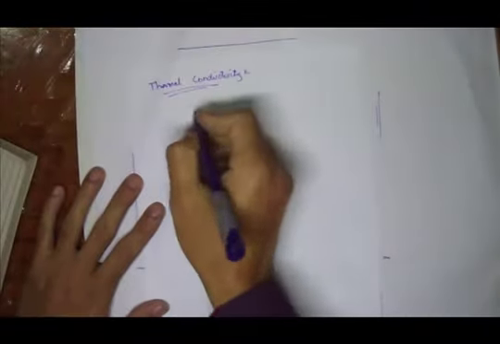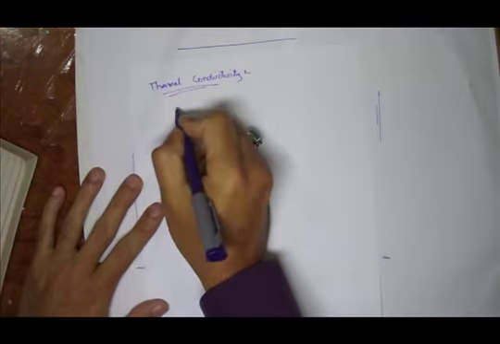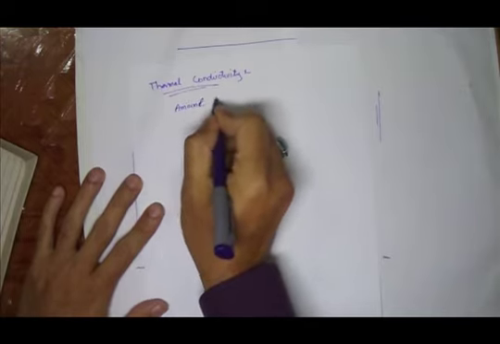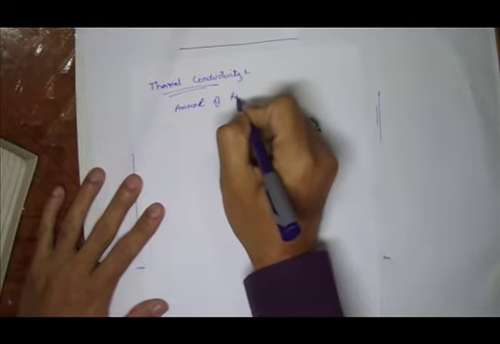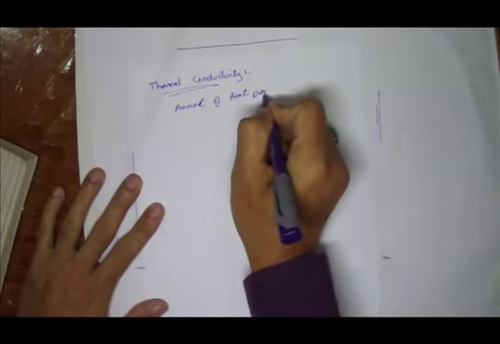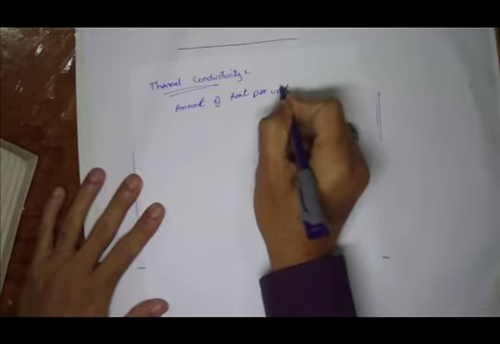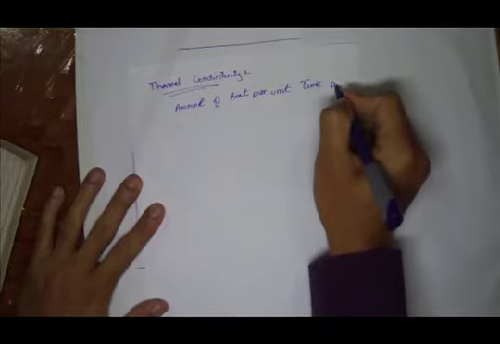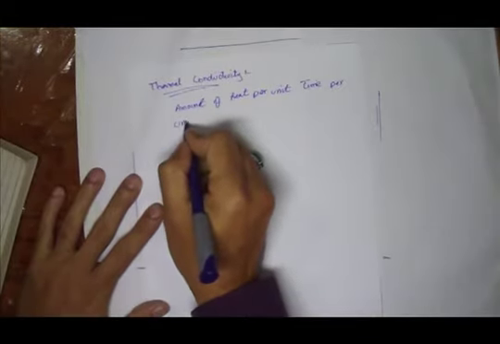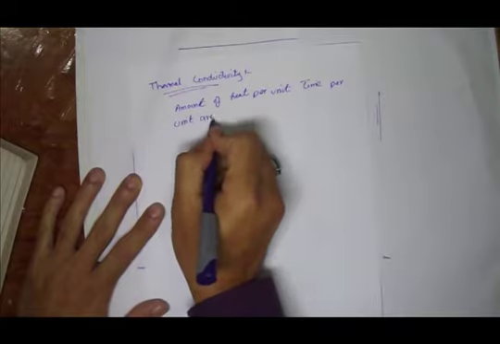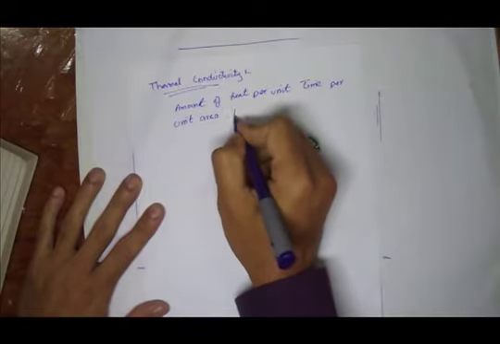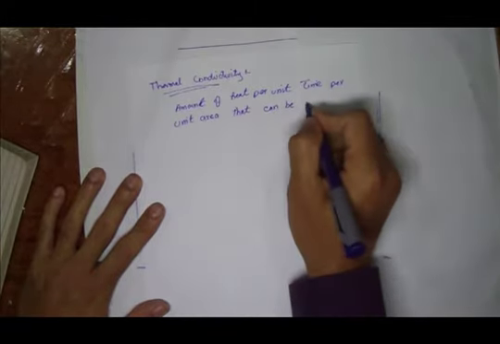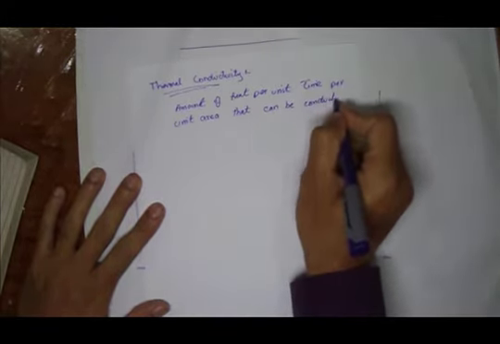Mathematically or scientifically, we can define it as the amount of heat per unit time per unit area that can be conducted